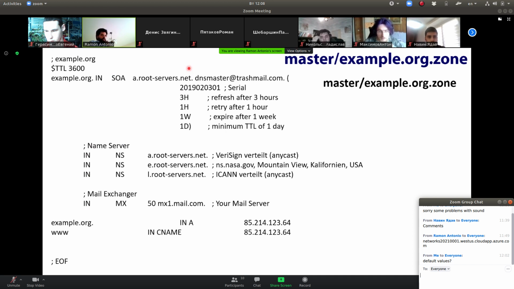Вы можете даже развернуть в своей организации DNS-сервер, и, соответственно, ваш DNS-сервер должен знать, по сути дела, информацию о DNS-адресах, чтобы постоянно не задаваться вопросом, а что это за адрес, а что это за адрес. И вот эти SOA-записи DNS-серверы передают по специальному протоколу, который не является ни DNS-запросом, ни DNS-ответом, мы будем учить DNS-протокол, да,